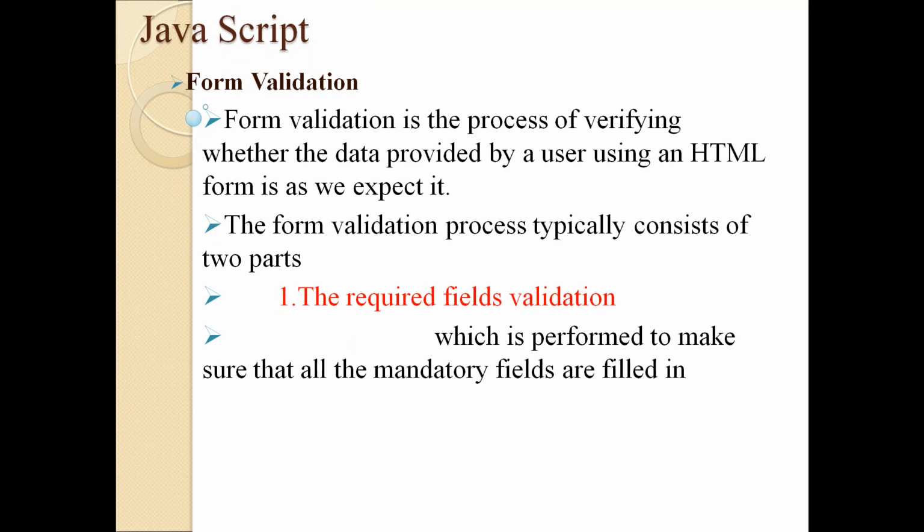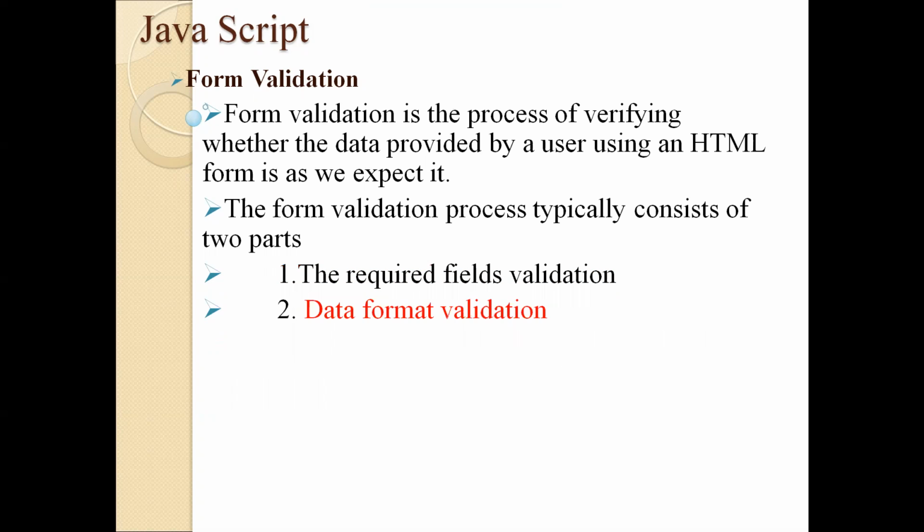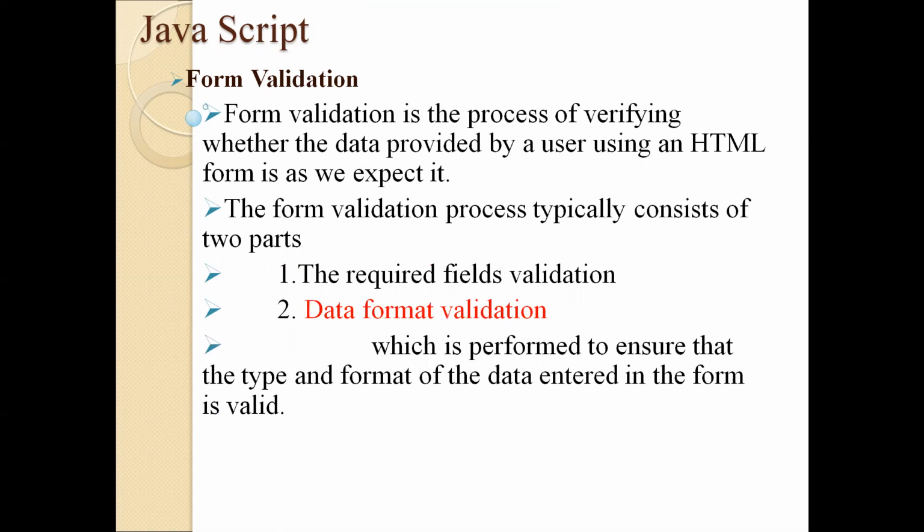When we are trying to fill an application, whether it is an examination application or a passport application or any other application, there will be some fields marked with a star symbol, which states that those fields are mandatory, so every user needs to fill them. This first part verifies whether all the mandatory fields are filled by the user or not, right? And the second part: all the mandatory fields are filled, but what is the data inside those mandatory fields?